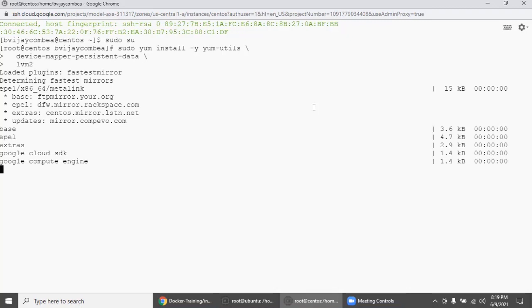Let's wait. If you feel like this is taking some time, always try to do a yum repolist, which will refresh the repository cache, so that any further installation command will pick up very quickly.